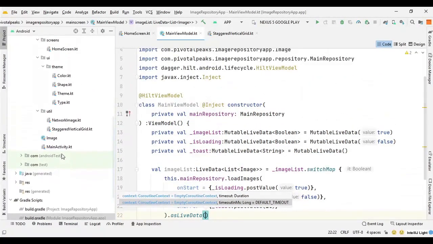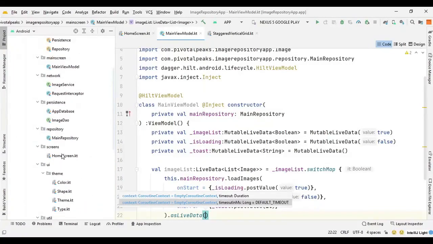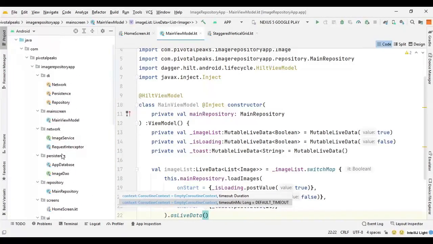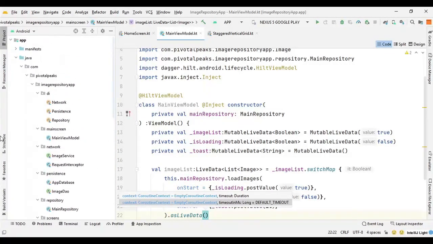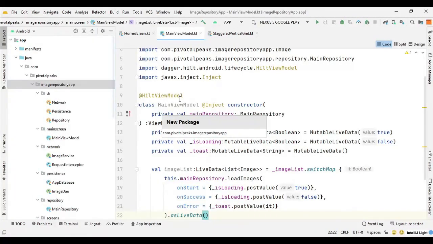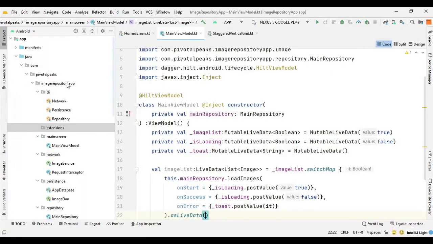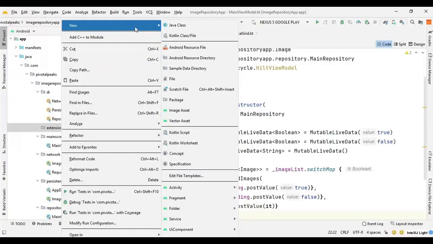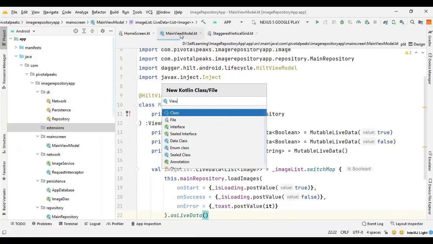So where should we create the extension? Let's create a new package for extensions. So here we can say extensions, and we can call it view model extension.